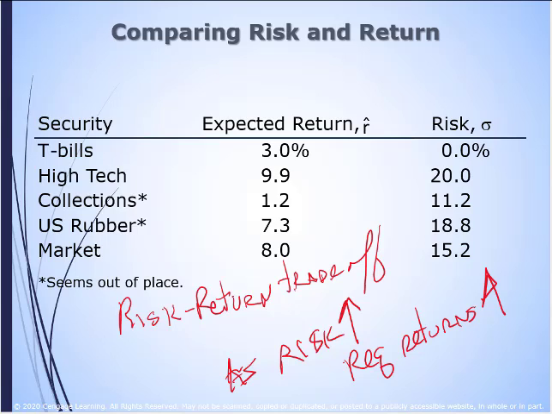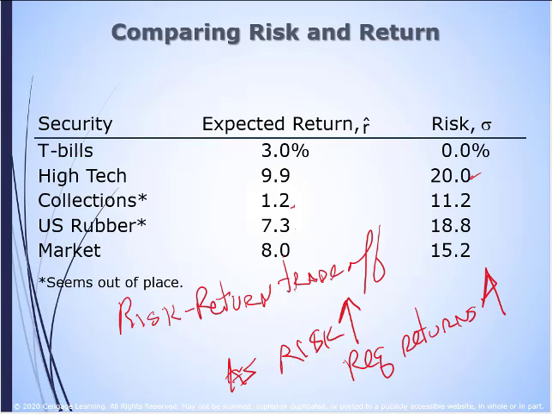So if we look here, high tech has a 9.9%. It has the highest return. But if you also look over here, it also has the highest risk level. So that seems to make sense. The two assets in the middle here, there seems to be something out of place. Collections has the lowest rate of return, and it has a 11.2% risk level. U.S. Rubber has 7.3, it's at 18%, and the market is at 8% and has 15% risk